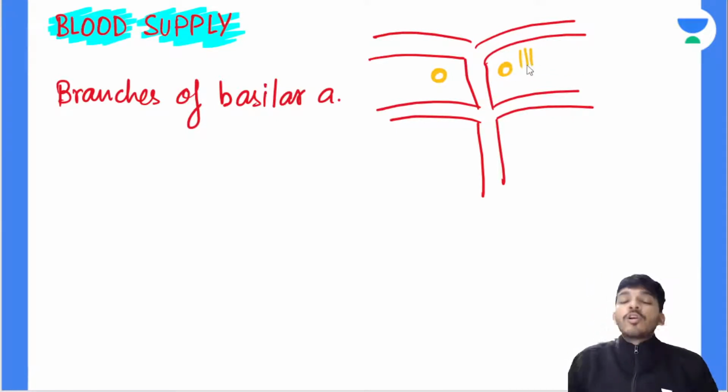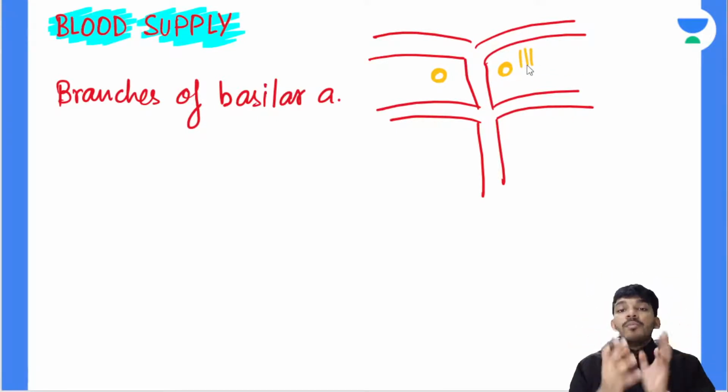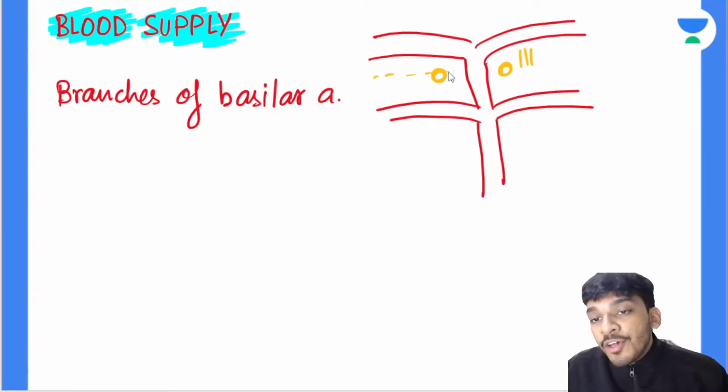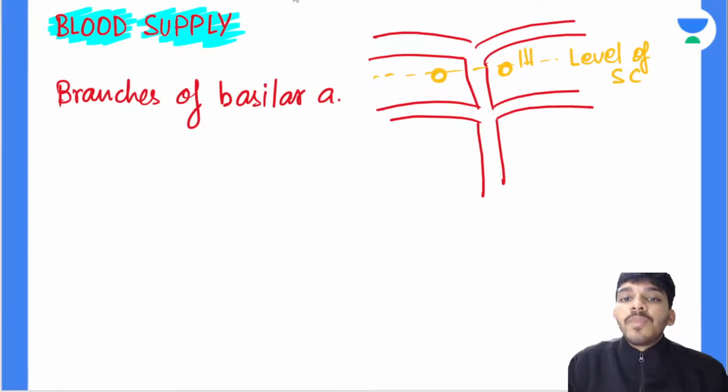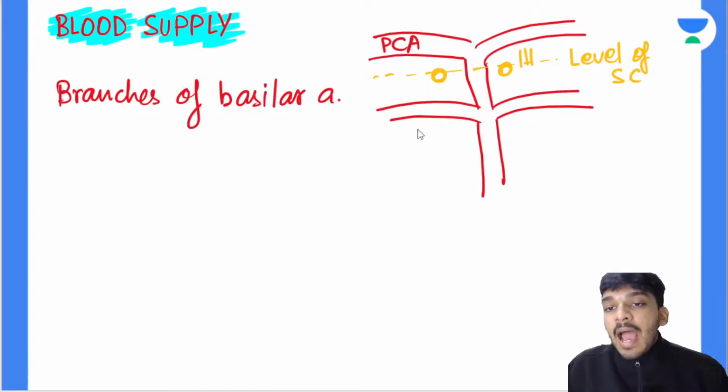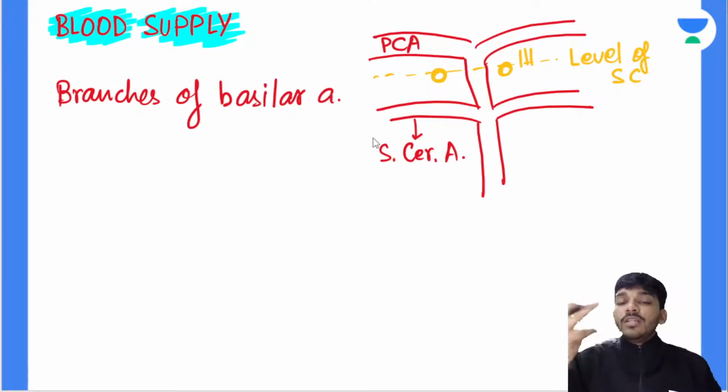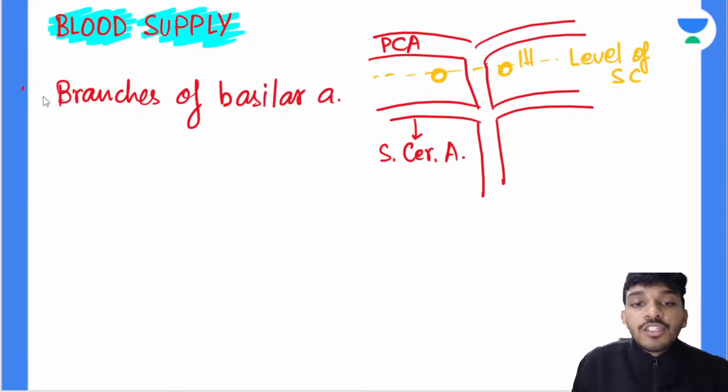So if the oculomotor nerve is arising from here, that means this is the level of the superior colliculus. So both these arteries, the posterior cerebral artery and the superior cerebellar artery, will also supply. So branches of the basilar artery